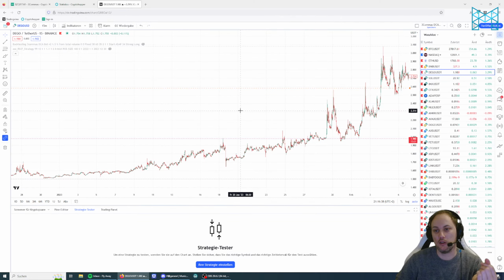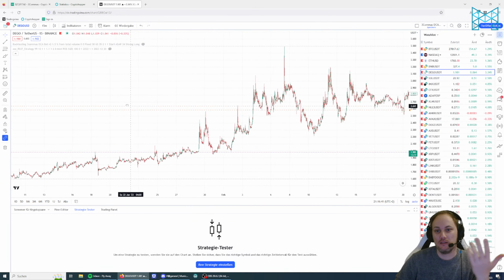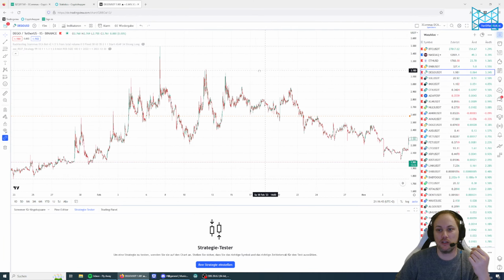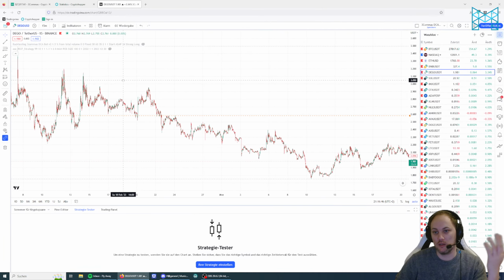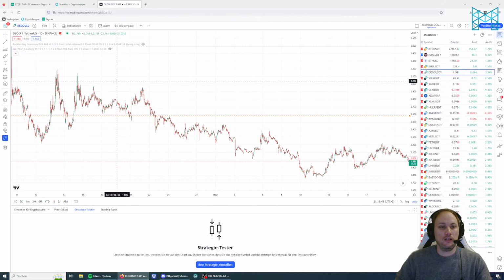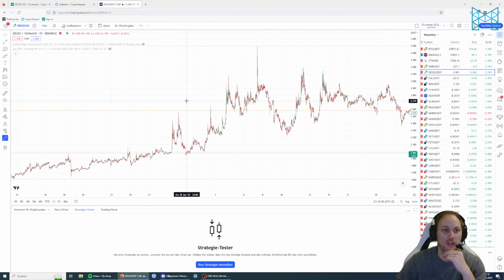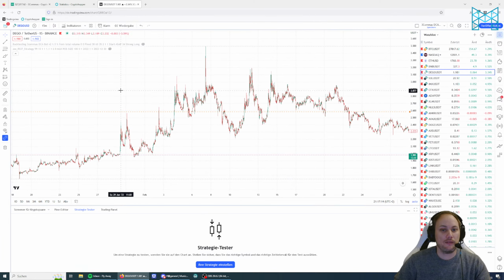But of course, it must be a coin which is not really unknown, a really small one, where you don't know what's happening with it in, I don't know, a month or 2 months. So therefore, a coin, for example, Diego would be really nice, which always has the peaks to get out of the position quite fast. So if you have different coins in your list, you can try out with a strategy backtester. I will show you in a bit which coin is the most profitable. So, and doing that